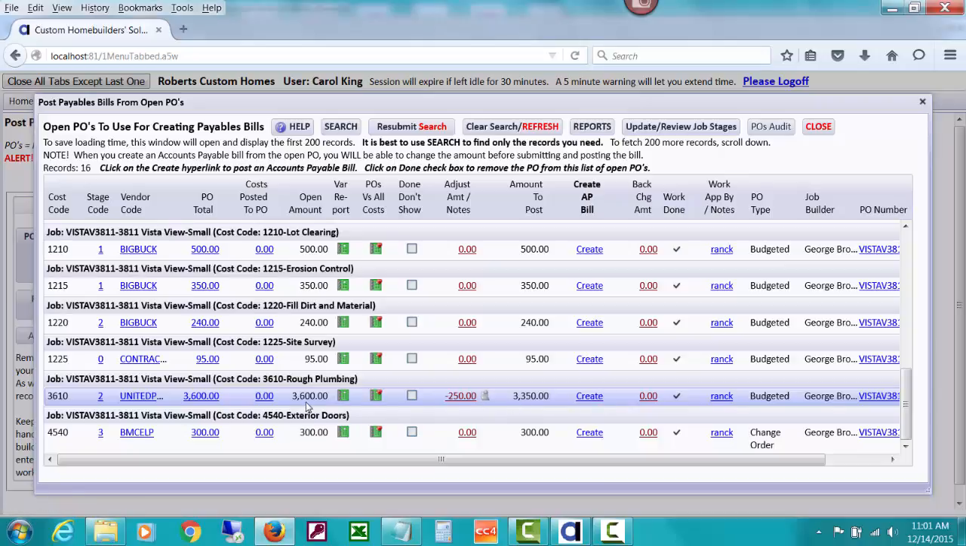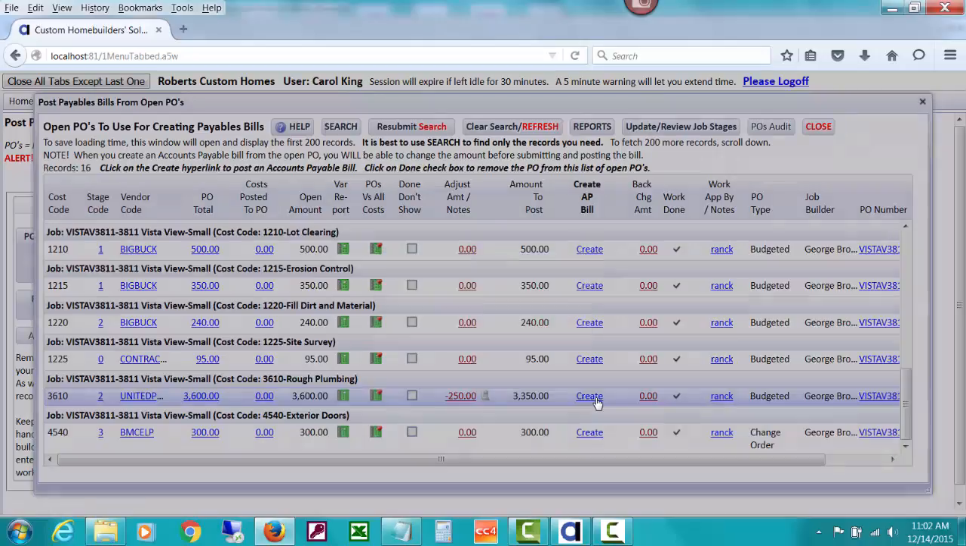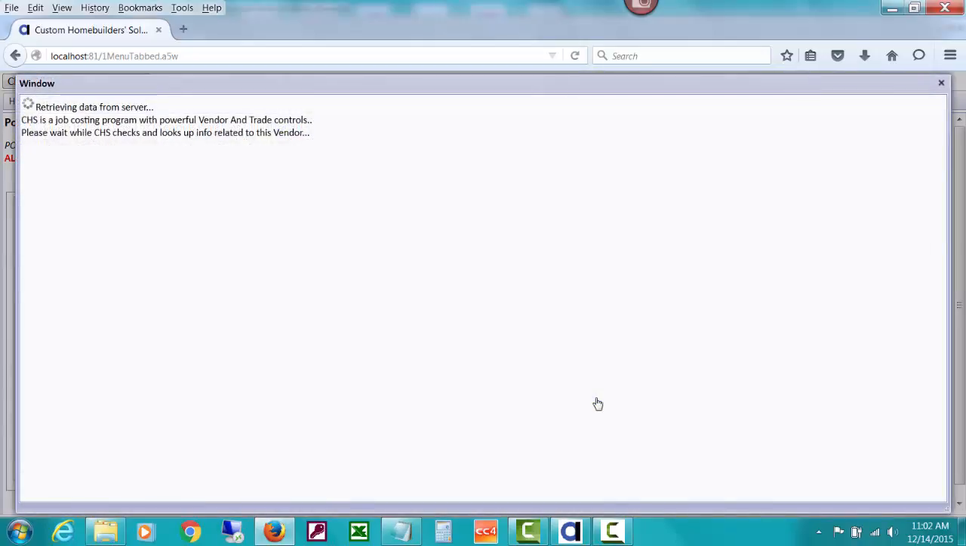And you can see that we're only going to post one for $3,350, not for $3,600, because this has been deducted in the field, and I'll show you what happens with that after I post this bill. So let's go ahead and click Create on this. The bookkeeper can also drill down on all sorts of things to see if things are expired, etc. But let's go ahead and click the Create button for posting this bill,